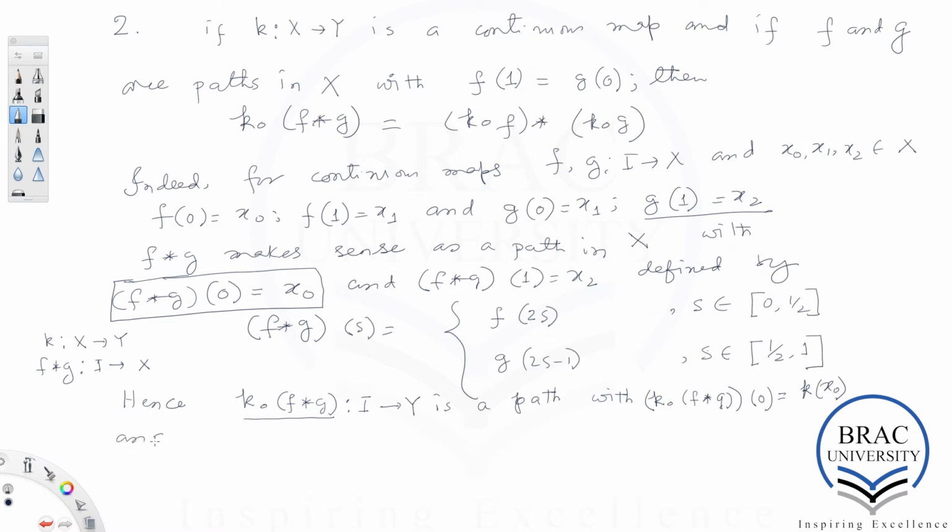And K composed with F star G evaluated at 1 is equal to K of X1. Okay, and that this map is given by